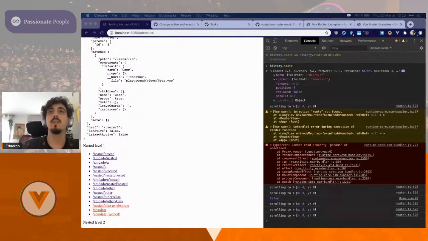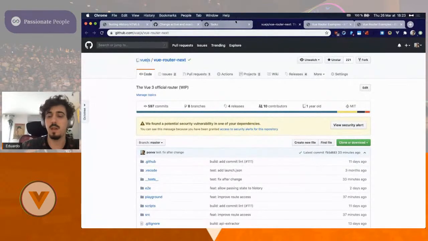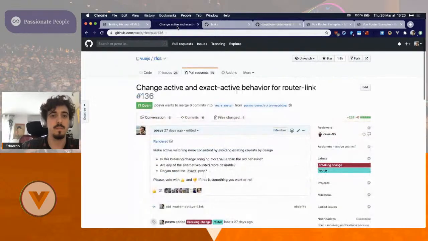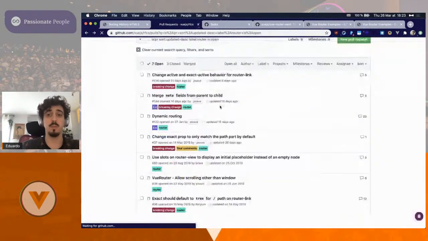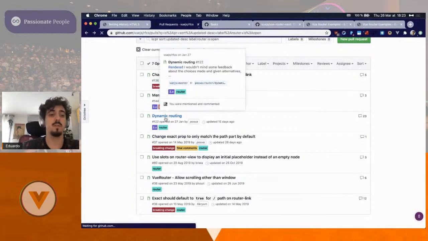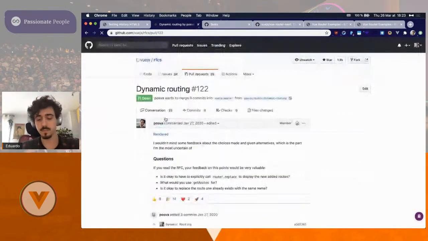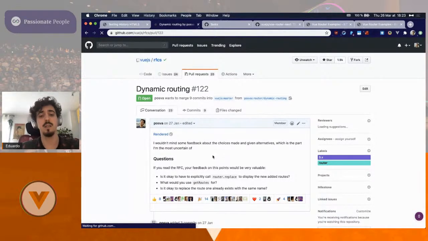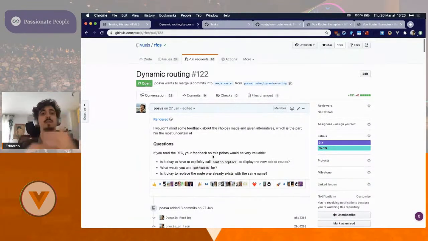Oh yeah, so the dynamic routing. The API that is faced by the user is quite simple. Most of the time, you won't even need to use it. Most people don't even need it, but they will still benefit from this because it means that now the router is able to order routes correctly, which means that if you have a route that is more generic and is more likely to accept many different things, and you have another route that is more precise, the more precise one is going to be matched first.